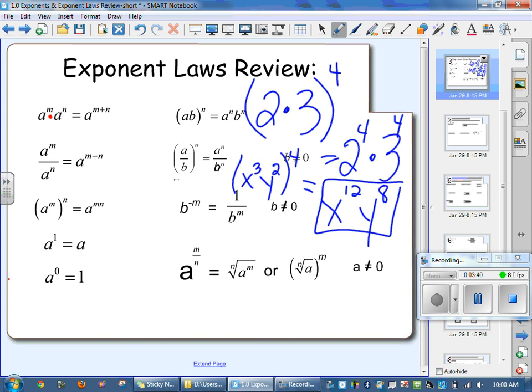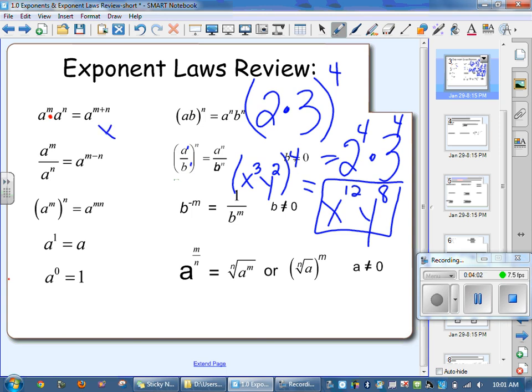Okay, we're going to take now a look at the division property again. Division property in brackets now. You've got 2 different bases. Same rule applies. The exponent outside goes to every exponent inside. I have a hiding 1 on my A and a hiding 1 on my B, which is why they get the n. So if I give you an example, we have